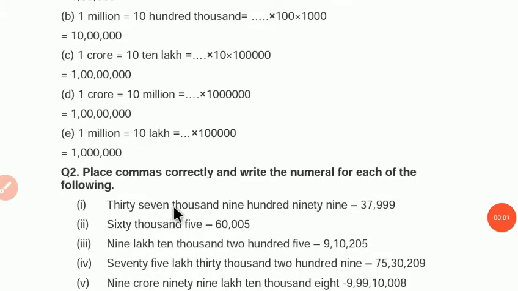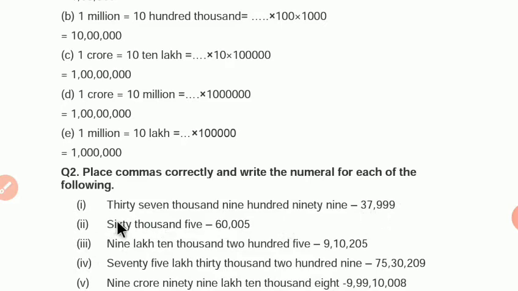So first we will write the number for the following. 37,999. 37 means 37, then 999 means 999. After this we will place the commas. You can see that here it is given in thousand and hundred. It means it is given in Indian system. So we will place the commas after every 3 digits from the right. So 1, 2, 3, 37. So it is